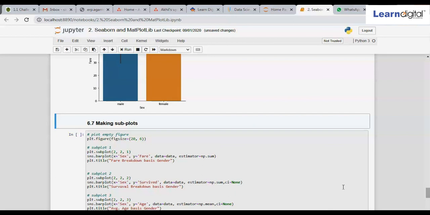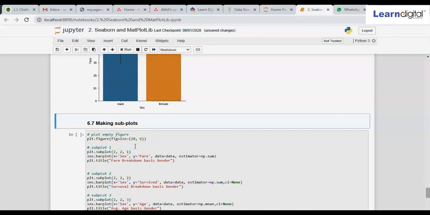So how to make a subplot? First of all, I define an empty figure, that is this. We are defining an empty figure with a figure size of 20,6. Then I will define how many subplots I want. So basically, I have to pass 3 parameters.